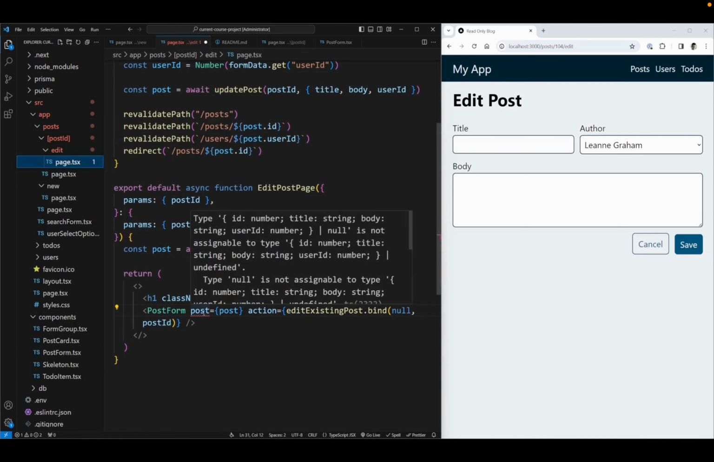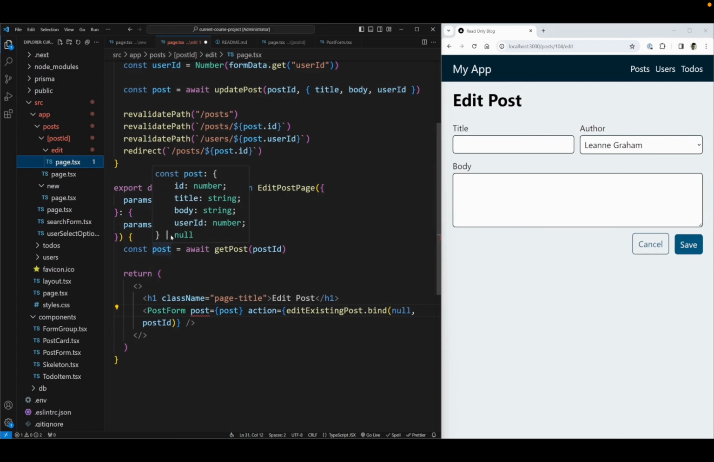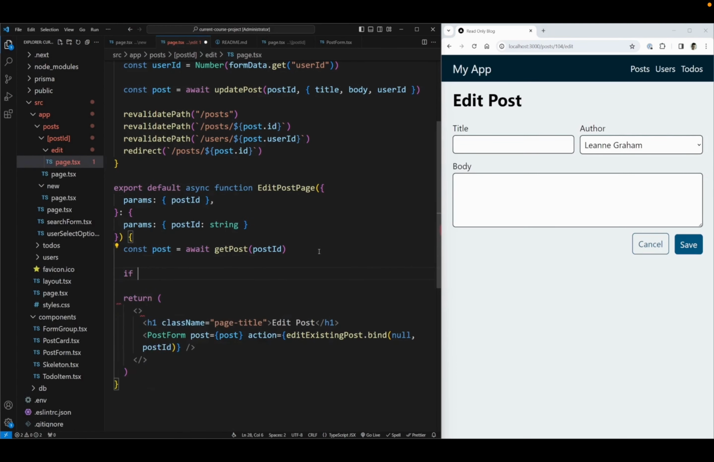If I come back into here, that error should be gone. It looks like that's not the full error though. Actually, the reason I'm getting errors is because post could technically be null. So if my post is equal to null, well then what I want to do is return not found, because obviously I can't edit a page that I can't actually find. So now if I just do a hard refresh on this page, you'll notice it's working, but still it's not